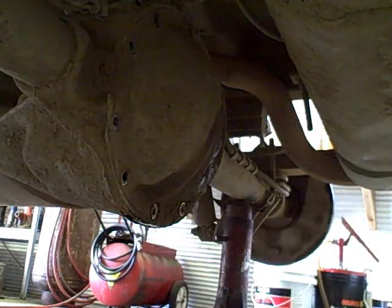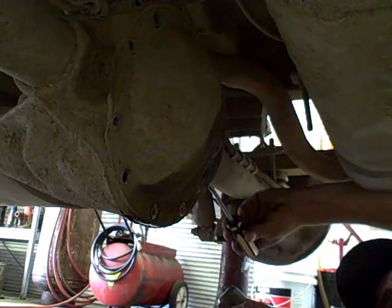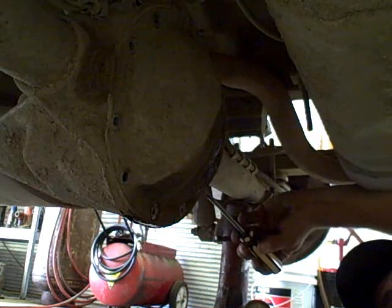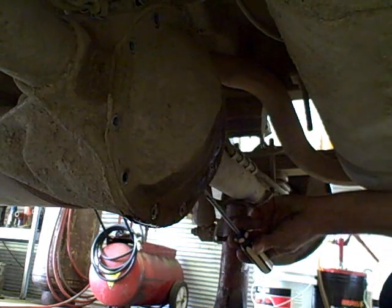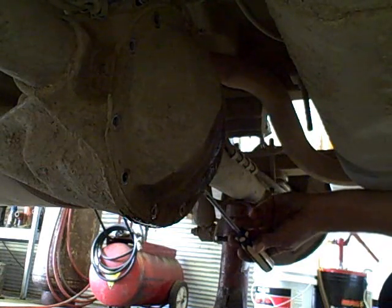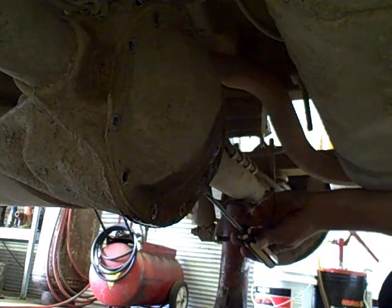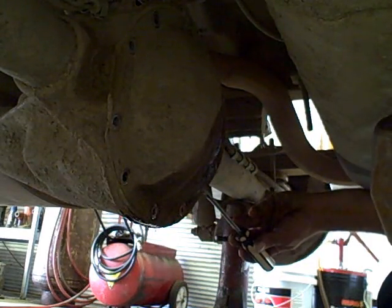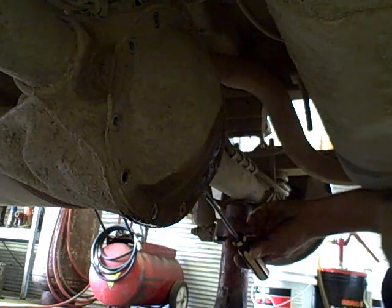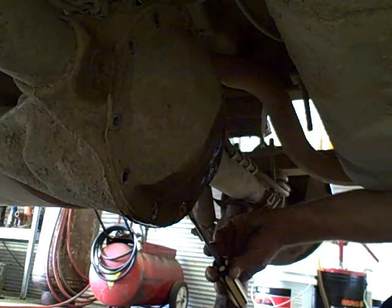Okay, time to pop the cover. Now, what I did, if you're watching the fast forward footage there, was I left a bolt in the top. I didn't leave it tight, but I didn't leave it loose either. It's right in between. What that does is, when you go to drain your fluids out, you've got all the bolts out of that cover, and when you crack it, if it all pops, it'll come gushing out on you and make a huge mess. So it's a good idea to just leave that top bolt in to kind of hold things in place. You just take a screwdriver or a chisel